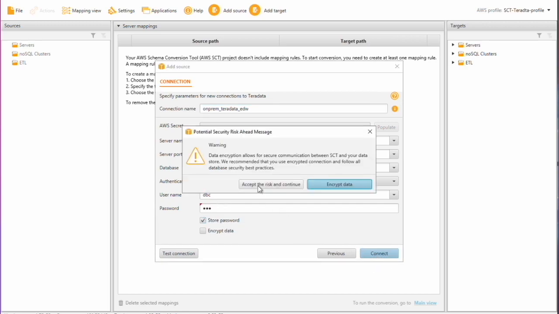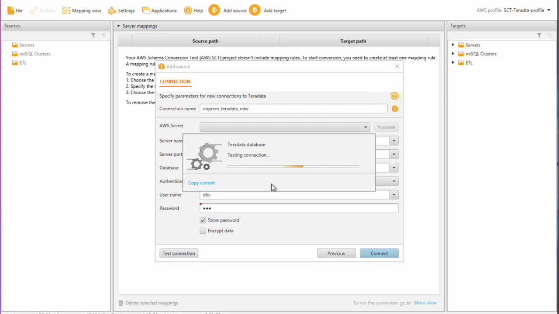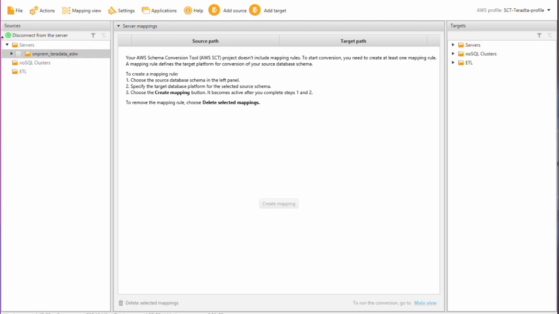I'm going to accept the risk and continue of not encrypting the data since this is a demo. Give it some time here while it connects to the Teradata machine. I have a successful connection to the source.